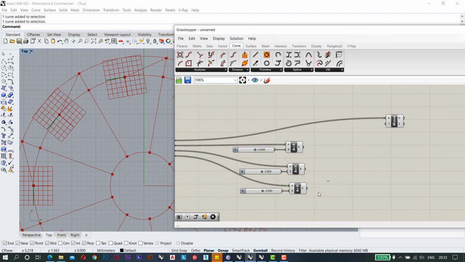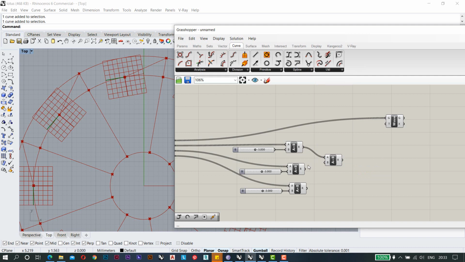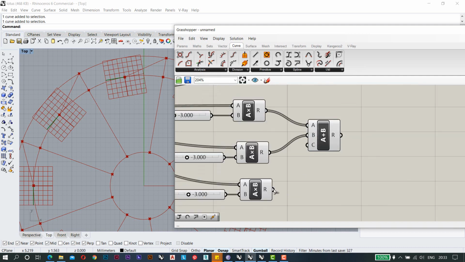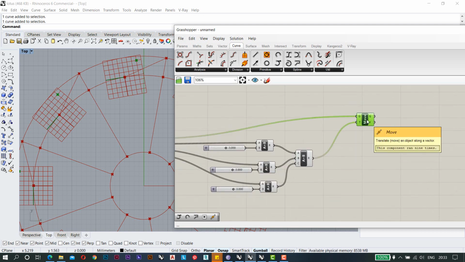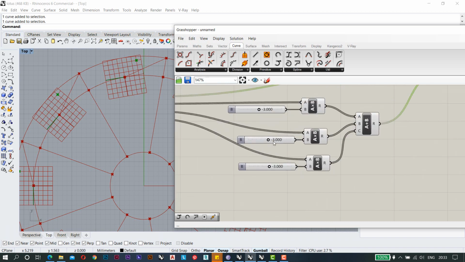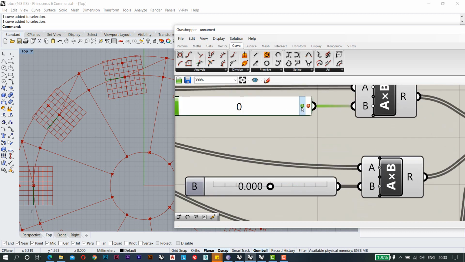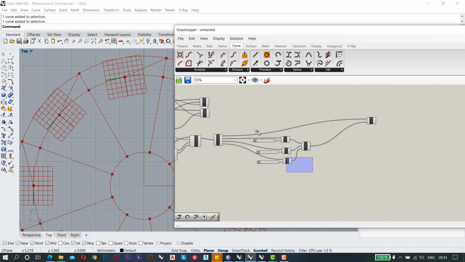So I will just connect and I will add them. So this is the addition. So this one, and I will expand it. So this will be added here, and finally it will go to this point. So now I can move this point anywhere I want with these sliders. Let's suppose if I make value 0, right now I'm just making 0, 0 value so that it will be easy for everyone. So this is the first point that I have.